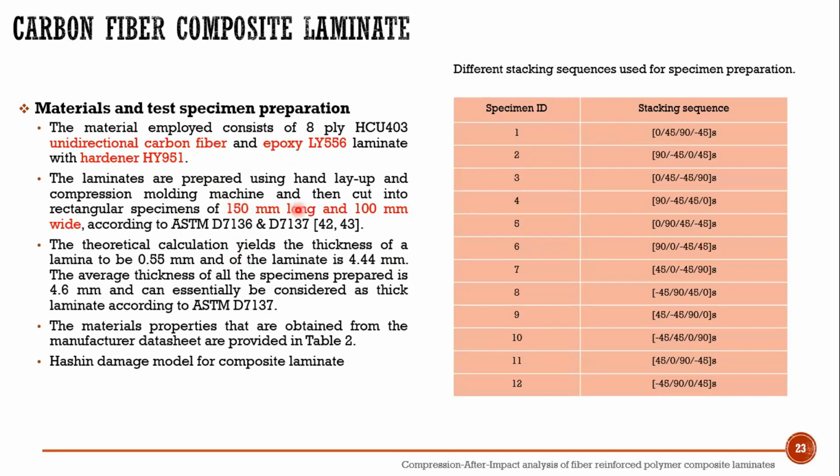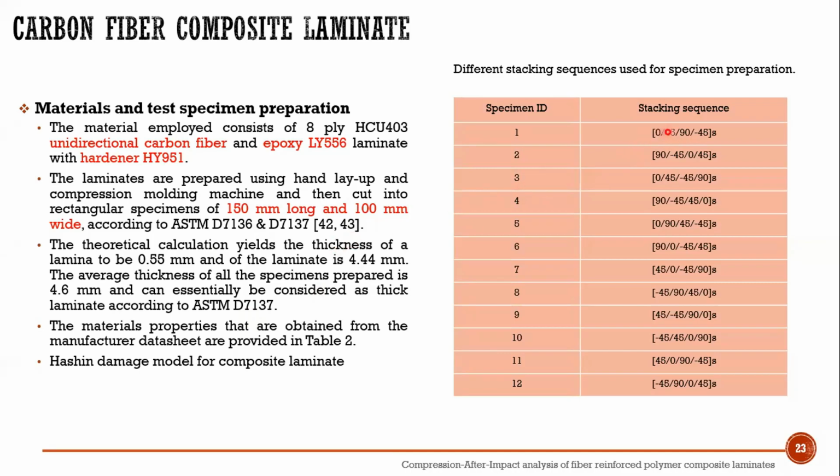Our specimen geometry is 150 by 100 mm, according to ASTM. We don't know the thickness of each lamina. Suppose we have 0, 45, 90, minus 45, and we want to create that geometry in Abaqus, then we need to know the thickness of each lamina. So we calculate the thickness of each lamina by theoretical calculations, for this particular material, and